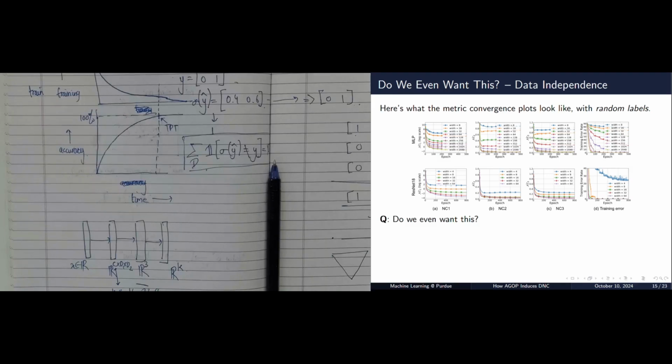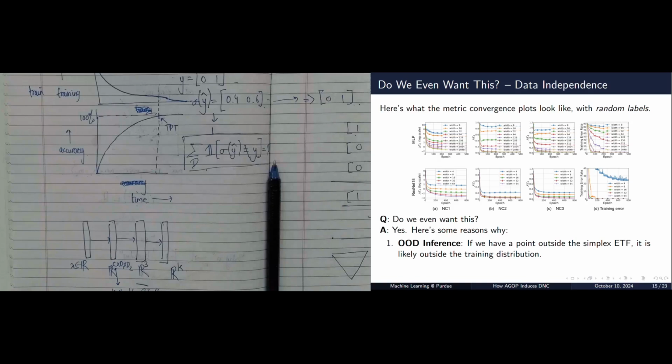Should we go back to our original setup? The answer is we do want this, so do not go back to your original setup. One of the reasons why is that out of distribution inference becomes significantly easier, because we have a setup where any point within my training distribution goes as close as possible to a target point. If I have a distance in a test point that is significantly high,